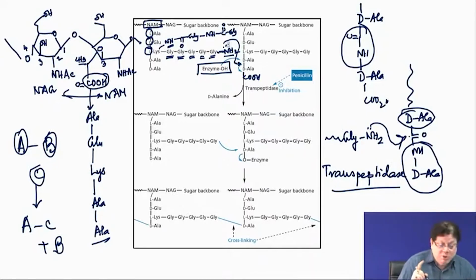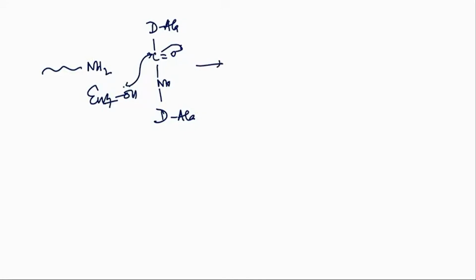I can show it again in an even better way, that basically what we are talking about, CONH, D-alanine, and this is D-alanine, and on this side there is this glycine NH2. Initially the enzyme which has a serine OH attacks here and forms the tetrahedral intermediate. So, D-alanine, CO minus, and then NH, then D-alanine,